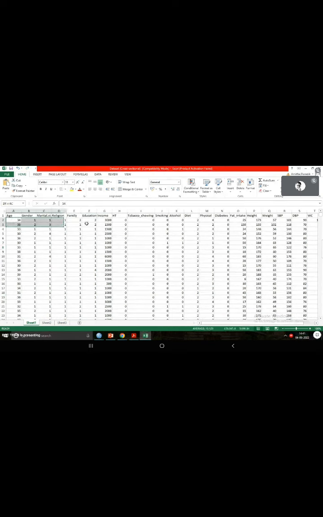Okay, so overall what I'm trying to convey is that when you're done with your data entry, your Excel sheet should have only numbers. There shouldn't be any letters, any characters. Okay, no years, no months, no yes, no male, female. As much as possible, try to code your variables and enter the code and not characters.